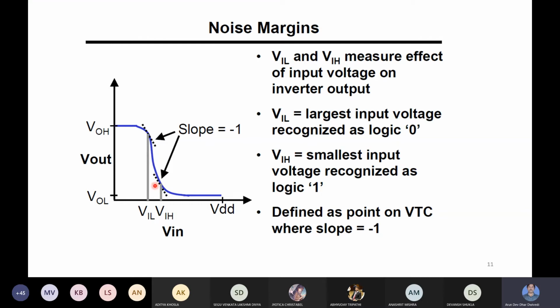It may be useful for amplification, because gain is more than 1. So if your input is between VIH and VIL, then dVout by dVin is more than 1. But at this point dVout by dVin is -1, here also -1. If input voltage is above VIH, then gain is less than 1, and if input is below VIL, then also gain is less than 1. So these are the important regions used for switching applications and logic applications.